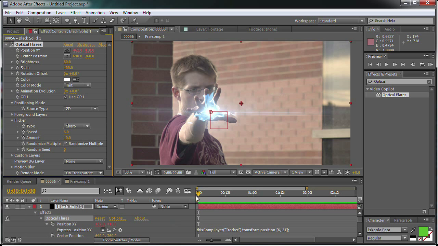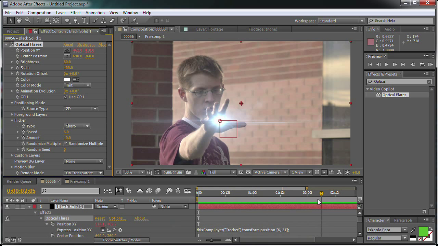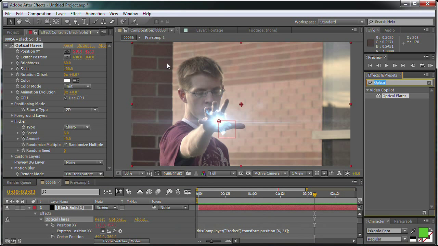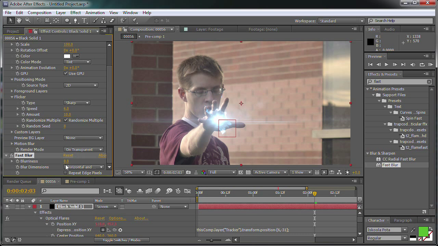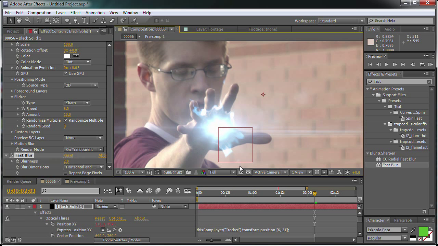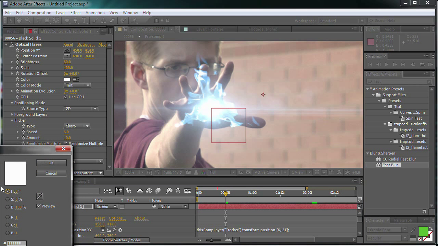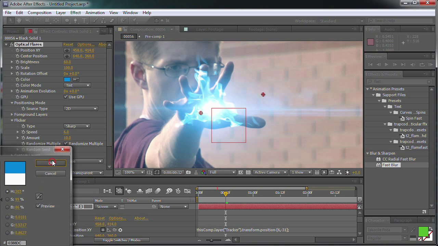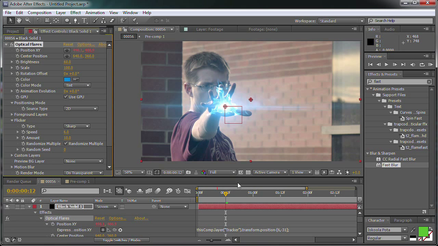Well, subtlety is the key here. We don't want to draw too much attention to itself. I might add just a fast blur to that, just because it feels a little sharp for the rest of the footage. Blur it out 2 pixels. That looks better. And we can also set the color to kind of match. No, we'll use tint there. Okay, so now